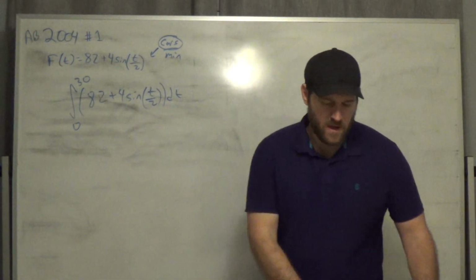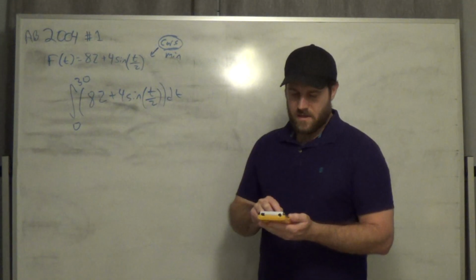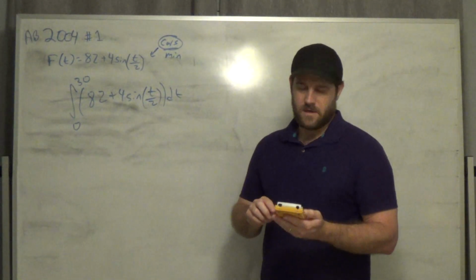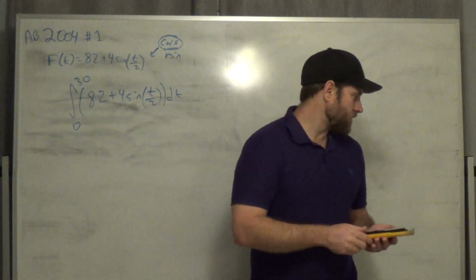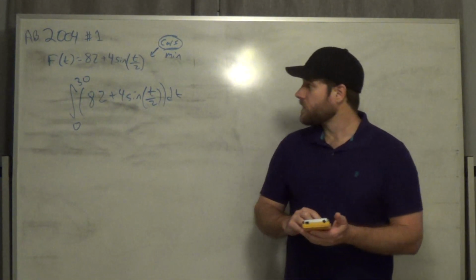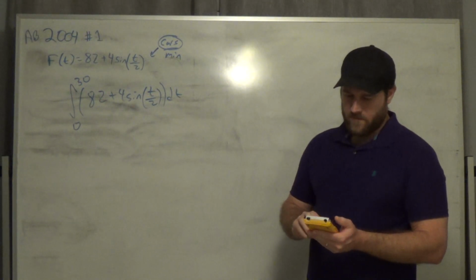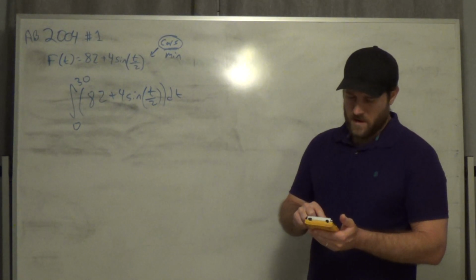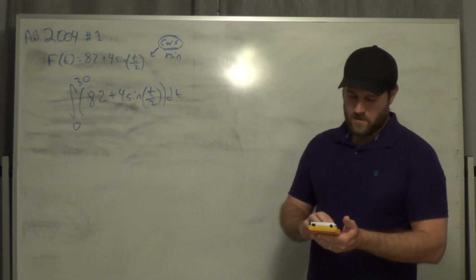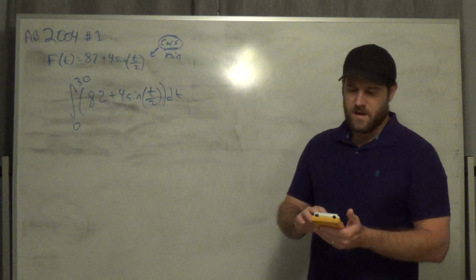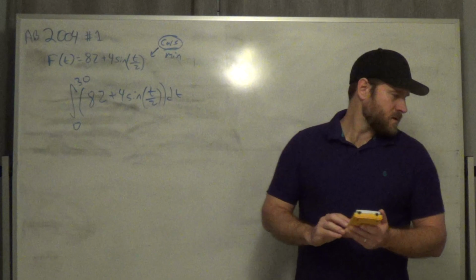Now, for me personally, I like using hotkeys. So I type this in Y1 in my calculator, and then I'm going to hit Math 9, pull up the integral button, and then just type everything in. And of course, I accidentally deleted everything. That's great. So I have to retype everything in. Good job, Mr. Pygott. Okay. So now I hit Math 9, integral from 0 to 30. I use my hotkeys, Y1, and I type it in, and I get